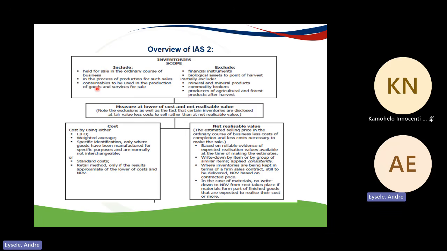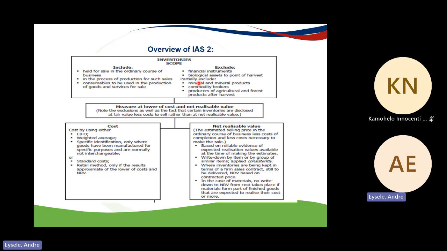It is normally within your 12 months. You will either purchase items for resale within the next 12 months, not longer. Of course, if you are a manufacturing entity, you will have raw material items or work in process items that you have not used in that 12 months, but that do not form part of your final product yet. Therefore, we do a stock take at the end of the year to determine the value of those inventory items in the statement of financial position. So what does it exclude?